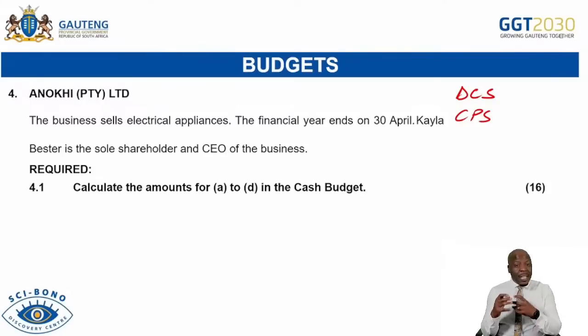There are tricky adjustments such as your loan adjustments, the business acquiring new vehicles. Expose yourself to all these kinds of adjustment. When you do several past papers, you would find that you get more confident with your budgets. In this one, we will not do the debtors collection, we will not do the creditors because of time. However, we're going to do certain calculations. Again, we're going to do them at a very fast pace because I still have other things that I want to show you. Okay, so let's go.